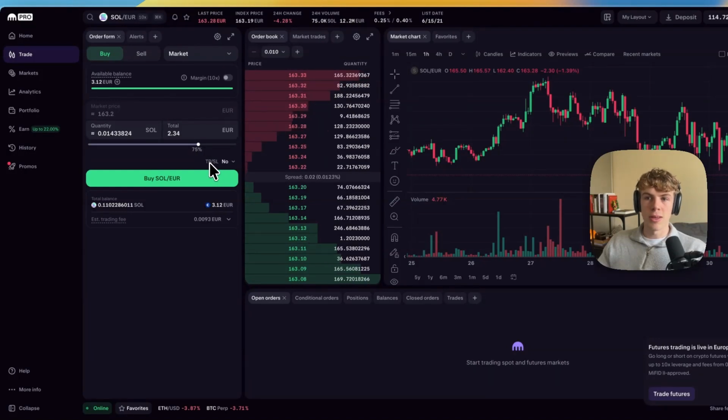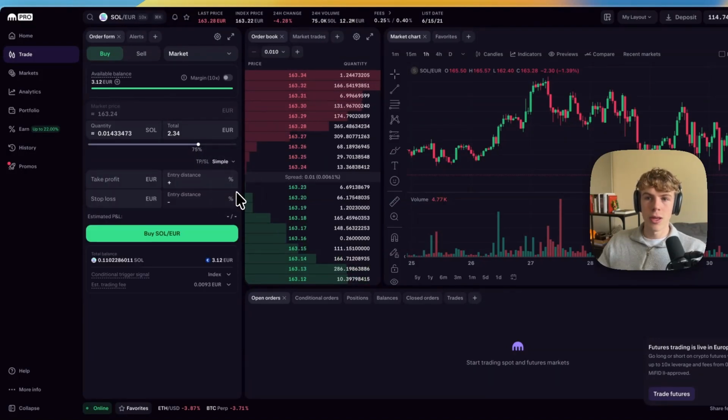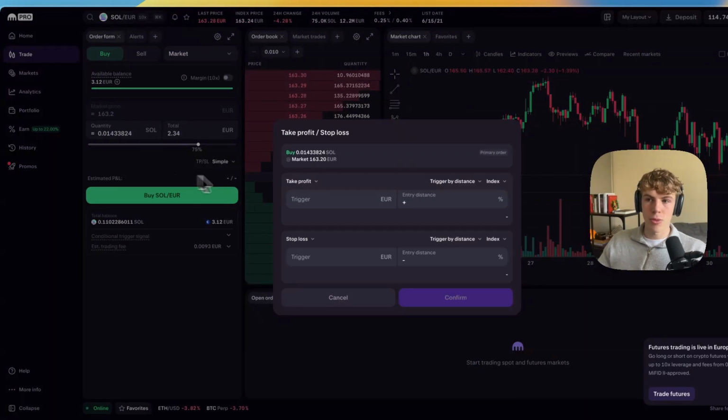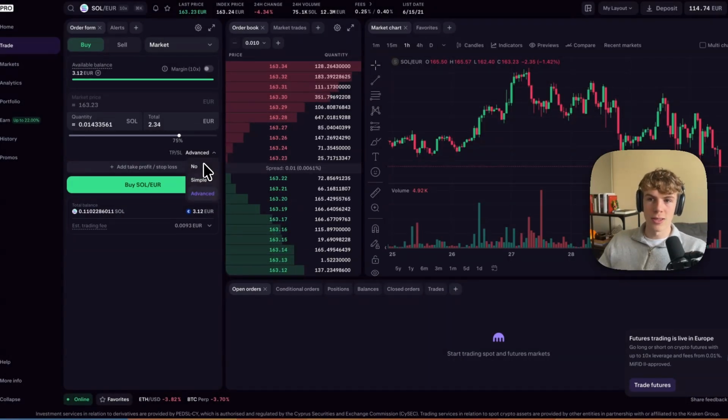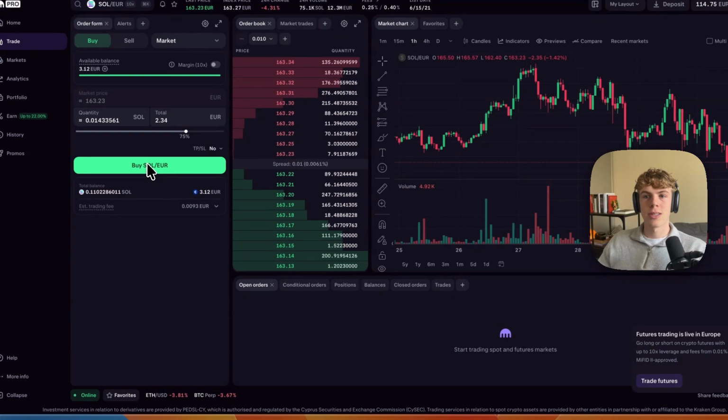Then here TP and SL, you can click simple, and this is take profit and stop loss. You can also make an advanced take profit and stop loss, where you can trigger it by distance, PNL. You can have it index or last. So if you want to set a take profit and stop loss, you can, but from there just click buy